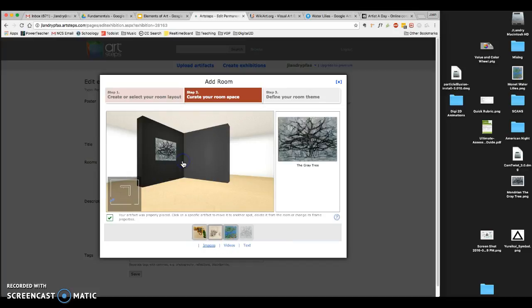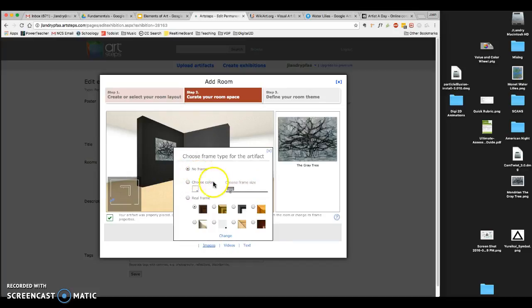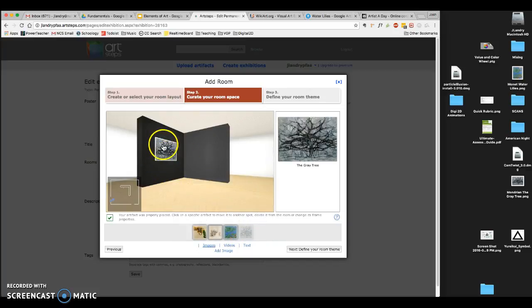If you go to frame properties, that's where you can actually change some really interesting things here. So you can actually choose colors. Right now it says no frame. I can choose a particular color. I'm going to choose maybe a white color frame so it stands out. I'll choose the frame size a little bit so you can see it better, and I'll hit change. And now you can see it's popping out from the actual piece a little bit, and you get some nice